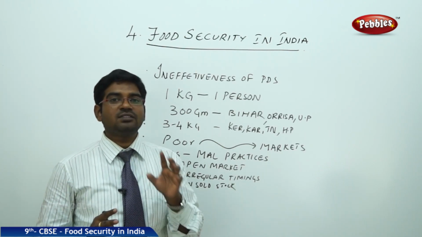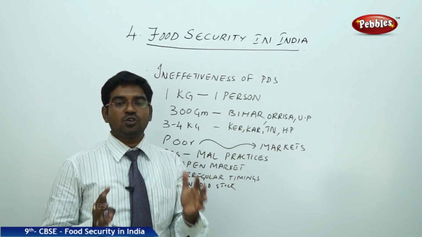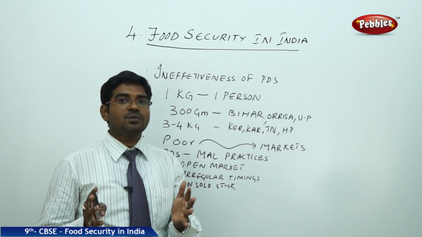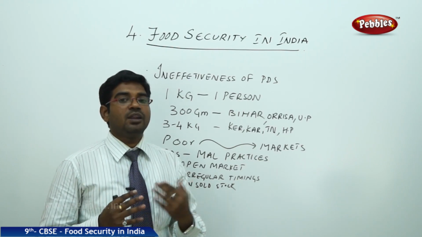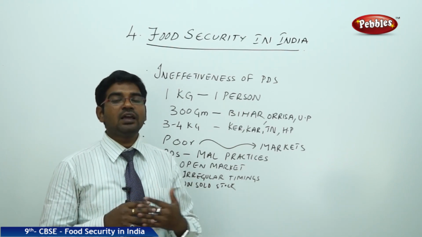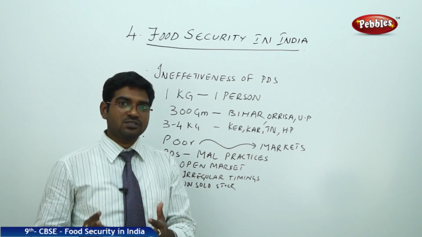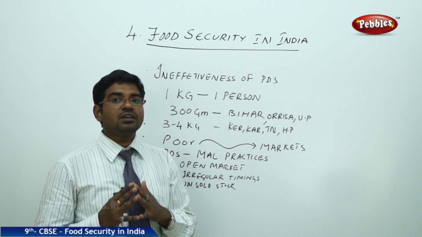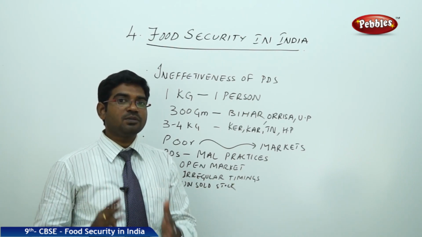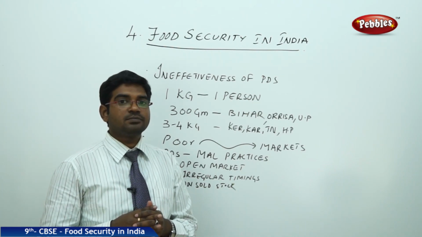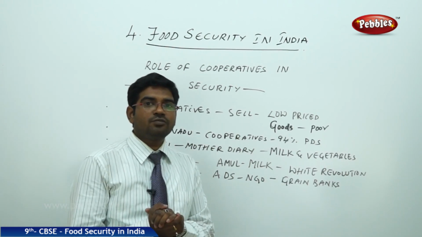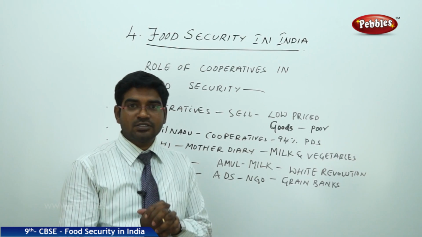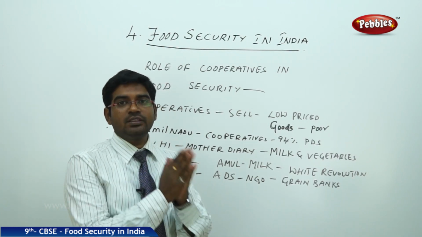That could be one of the reasons why so much buffer stock is left over, and it is ill treated or sometimes eaten away by rats, and most of the stock unsold in the ration shops is also going waste. So the government has to take effective steps to implement the public distribution system in an effective way. Now moving on further to the conclusion of the food security chapter,